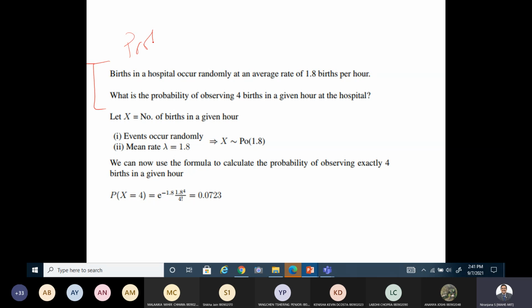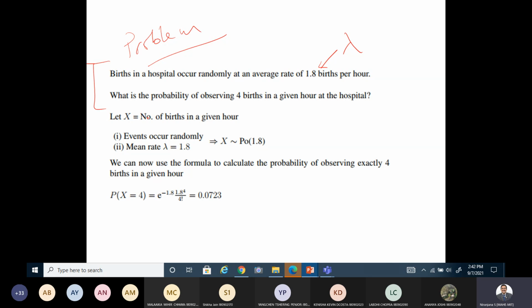So what are the parameters given in this problem? Can anybody identify variables or some kind of details? So there is one detail which is given here: average rate of birth, right? 1.8 per hour. That is also important. So what it is trying to indicate is that it is trying to explain a measure here, or some kind of average value here per hour, right? It is nothing but lambda. If you can identify in this problem, this is nothing but lambda, correct?